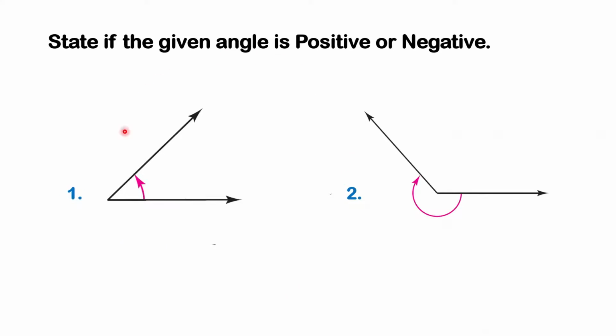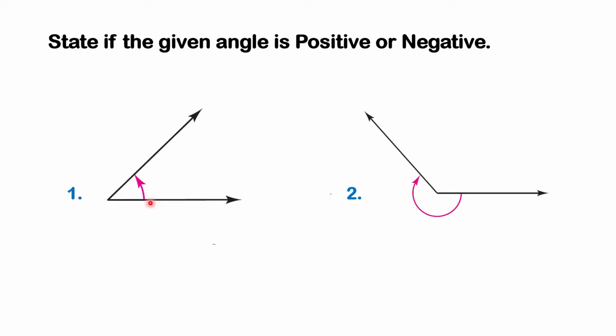Let's take a look at this given angle right here. Here we have two given angles, and what we are going to do is to determine which of the given angles is positive and which is negative. So let's start from the first figure, the first angle. Here, as you can see, this is our initial side, and the angle is formed by rotating the initial side about its endpoint in a